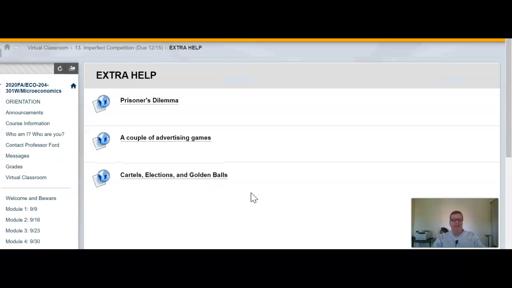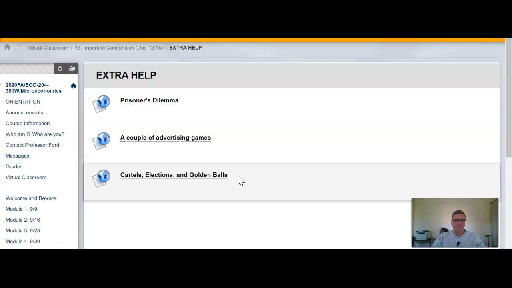This payoff matrix gives students trouble sometimes. And I go over that very carefully. And then I give some examples. Advertising, how those are prisoners' dilemmas. And cartels and elections, how election campaigning is basically a prisoner's dilemma. And an explanation of Golden Balls. If you watch the TV program in the earlier link I just talked about, I go over that exactly using a payoff matrix. So that might be worthwhile as well. All right, that is it.